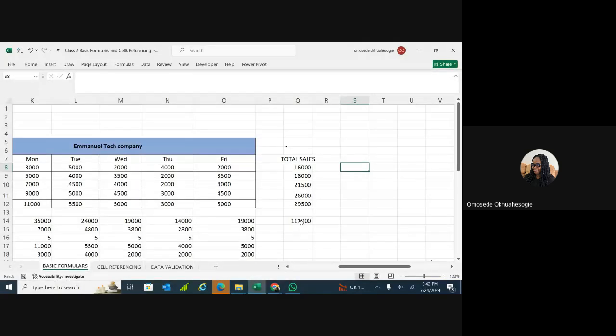So we can come here now and say the percentage for this one will be equal to this particular cell, Q8, divided by this one here, times 100. If you want to work with 100, times 100 over 1. Normal way you do your maths. So to give you